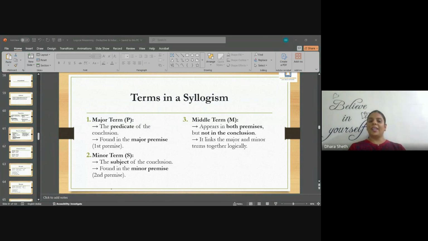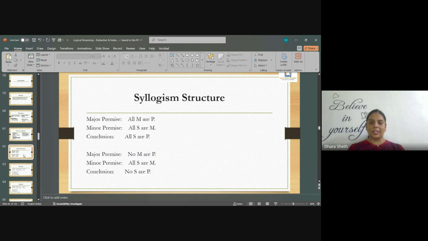You have to be very, very clear about what is major term, what is minor term, and what is middle term, because tomorrow's entire 2 hours are going to depend on these three things. We'll talk about rules of syllogism and we will talk about fallacies. All that entire is based on these three terms. If you don't know what are terms and if you don't know what's distribution, which we are going to take next, today what we are doing is learning the major concepts. Tomorrow we'll learn more rules based on these concepts. So if someone is not clear,